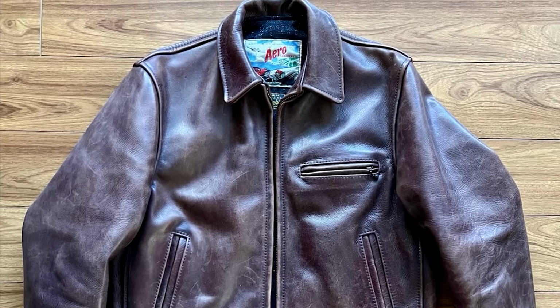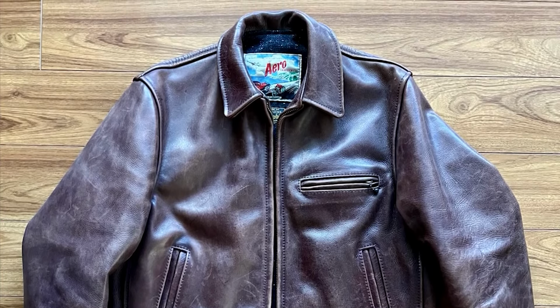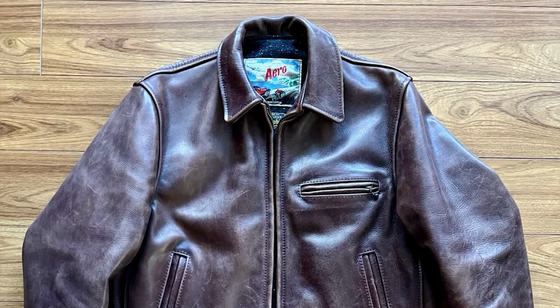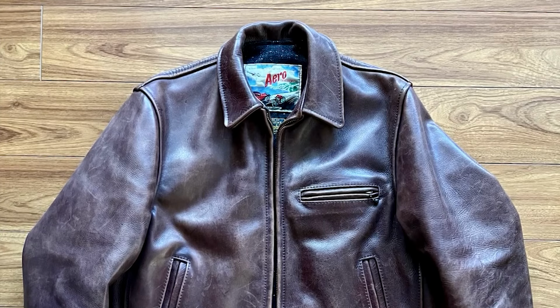Initial thoughts on this Aero Highwayman are really positive. I really like the fit of it. I like the short and boxy nature of it. I think it's a really versatile style, and I think the leather and construction are incredibly beautiful. I like that the leather is so hearty, and with Chromexcel, you can get caught in the rain. You don't have to worry about it. All these are great things, and for my style, I'm not often wearing sneakers and hoodies. I do that sometimes, but this is a good jacket to wear for everything up from there,